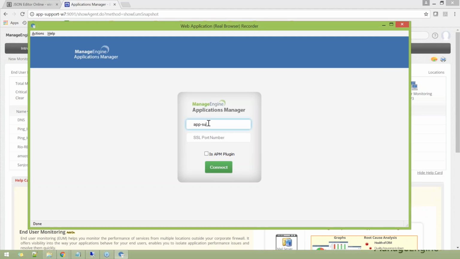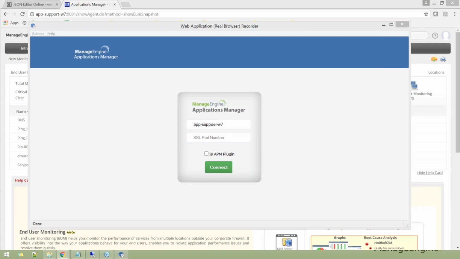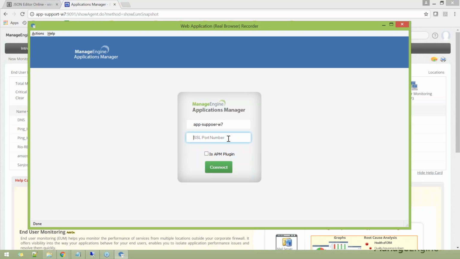So let me provide it, which is app support. And the SSL port, you need to provide the SSL port. Okay, so make sure that you are providing that. So it is 8444, and you need to click connect. Once you click on it,